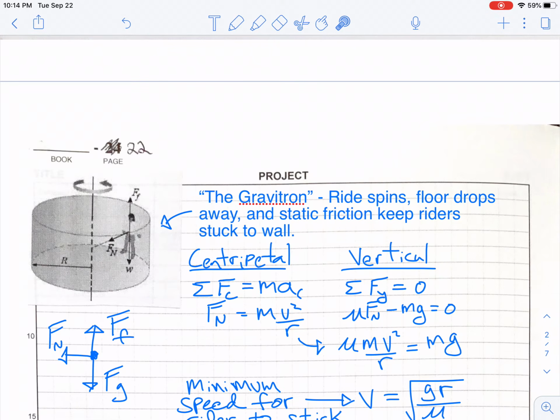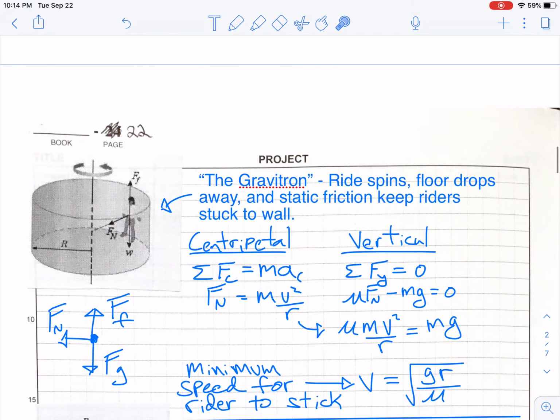So mu mv squared over r. Where did I get that mv squared over r? Right here from the centripetal direction. We plug that in, and then we can solve this to find that v equals the square root of gr over mu, and that is the minimum speed that the ride would have to go. If you went any faster than that,